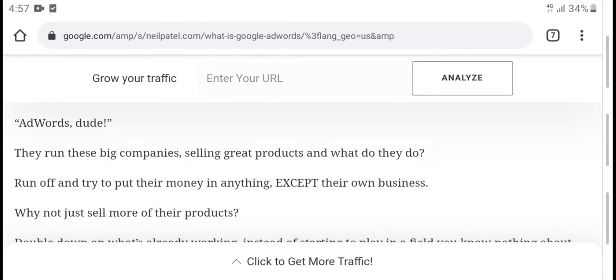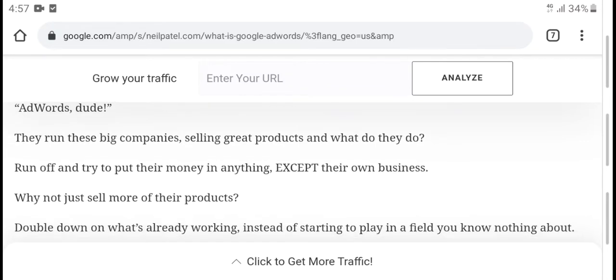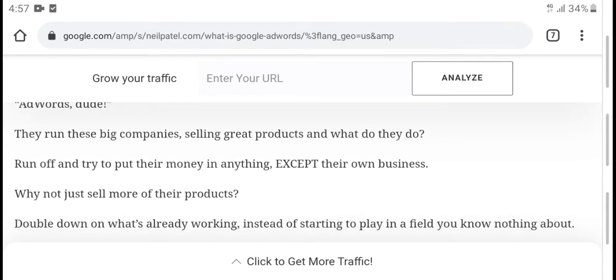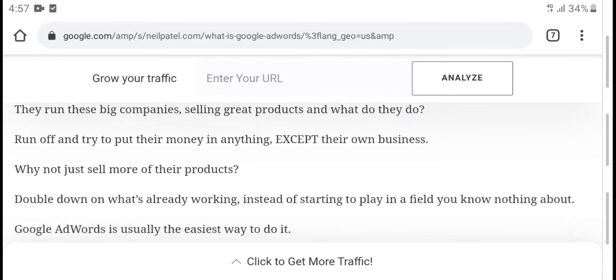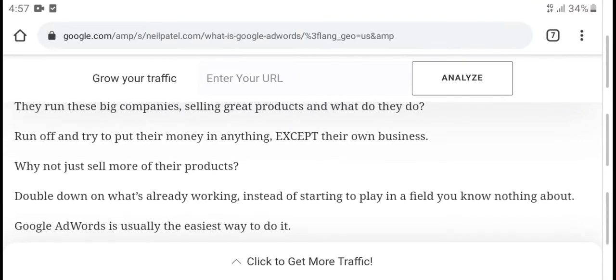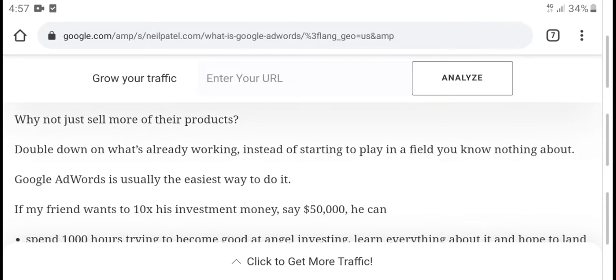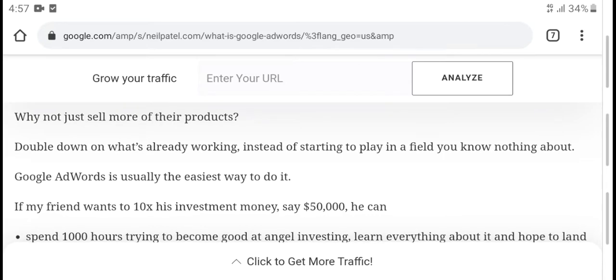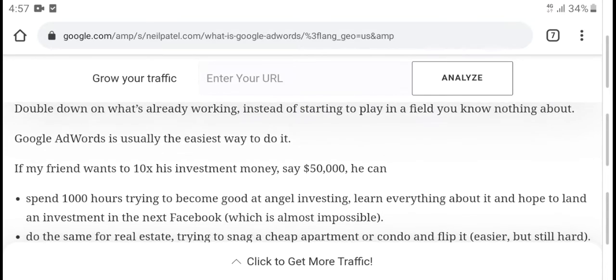the return of the big complex selling a great product. And what do you do? You run off and try to put this money into anything. An expert business owner would not do that; they would sell more of this product, duplicate what is already working, instead of starting to pay for something you know nothing about, like Google AdWords. My friend went to